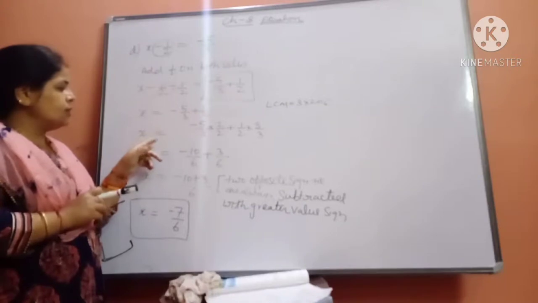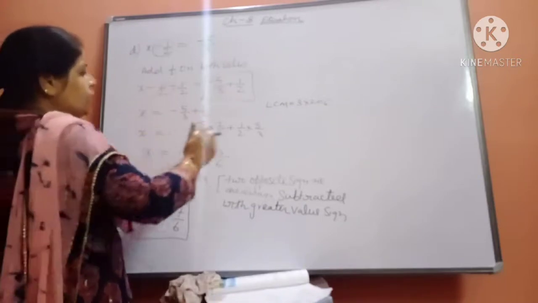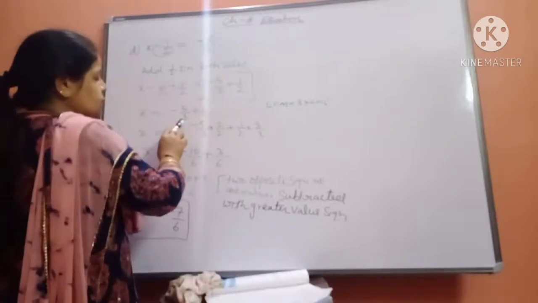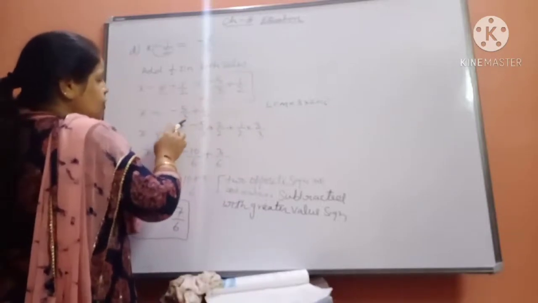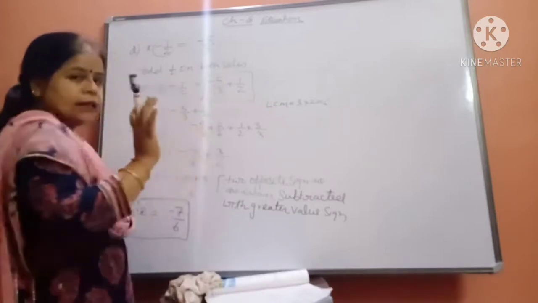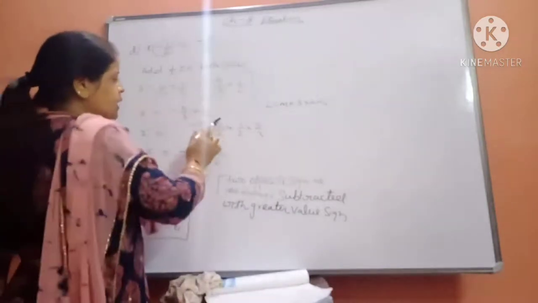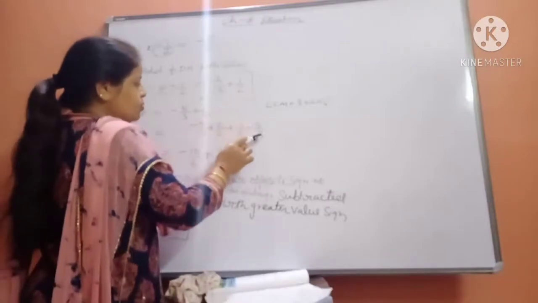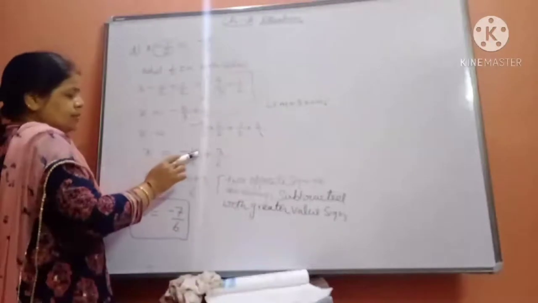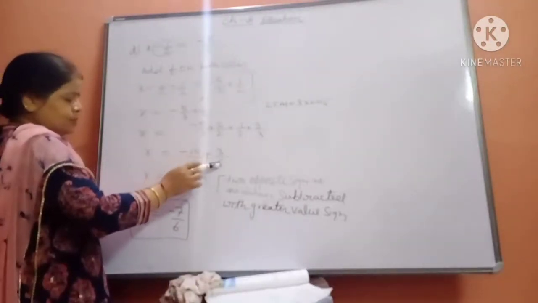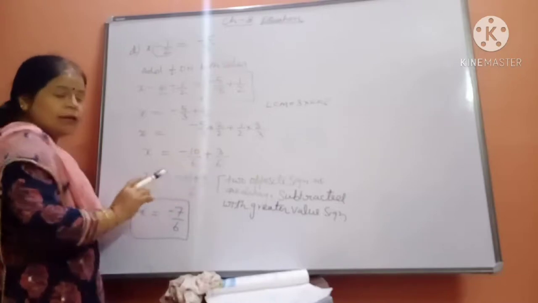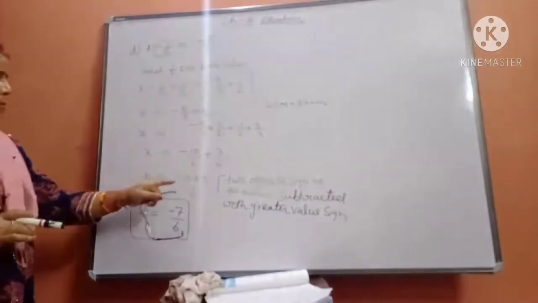So x will be equal to, beta, now the LCM will be 6. Now your aim is to make the denominator equal to 6. Everybody knows we can make 3 into 6 by multiplying it by 2, and 2 in the numerator and denominator. In the same way, we will make this 2 equal to 6 by multiplying it by 3. So x is equal to minus 10/6 plus 3/6. Now both numbers have 6, so we can write them together in the numerator: minus 10 plus 3 over 6.